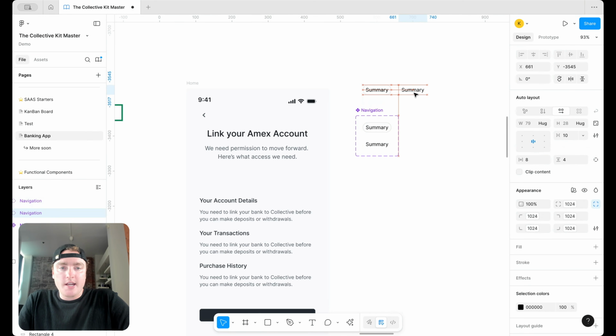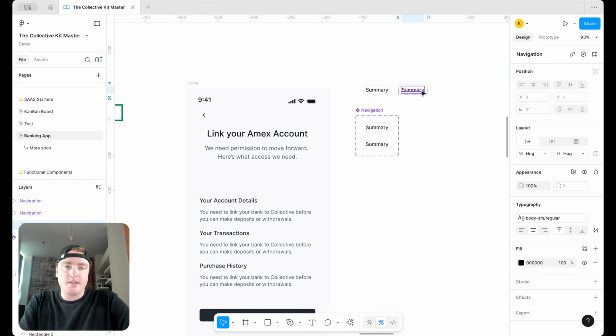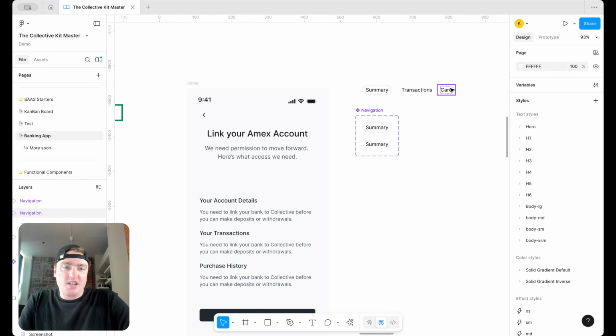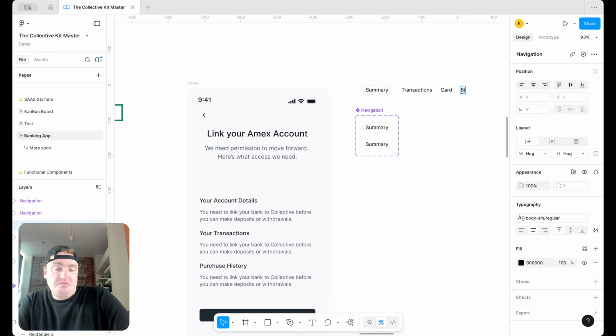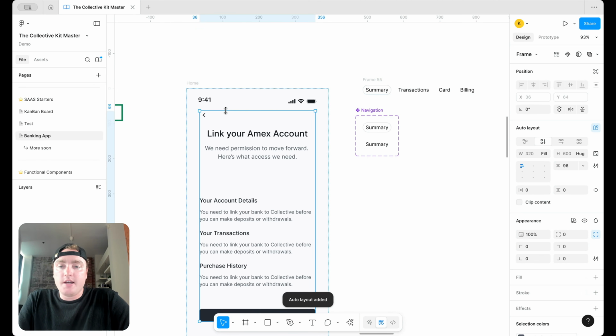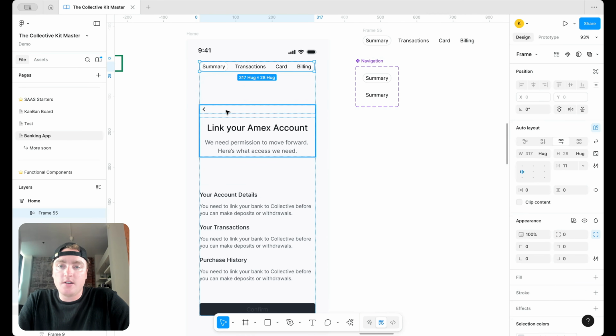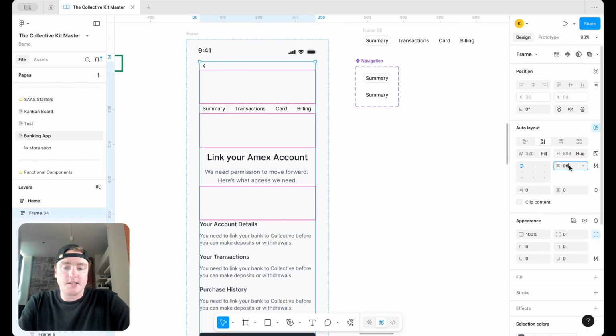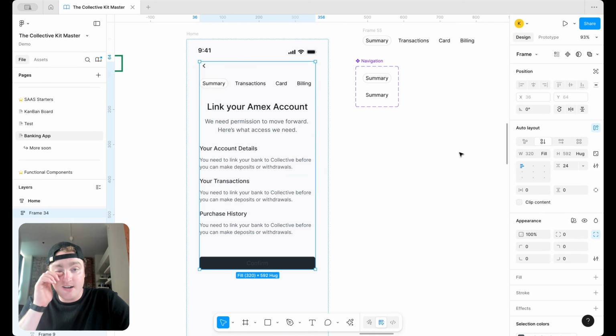So we have summary, and then we have another one here. So maybe this is something like transactions. Sure. Then you might have a page for card. Then you might have a page for billing. I don't know, just winging it on the fly here. And now let's group those in an auto layout and then position them along the top there. Now, one thing we can do is also just ungroup this and move this to the top and